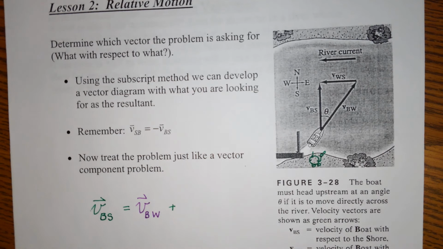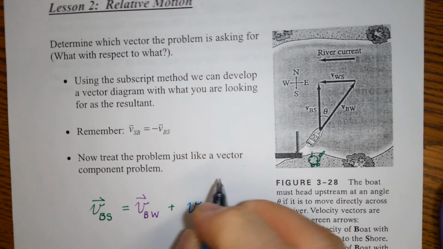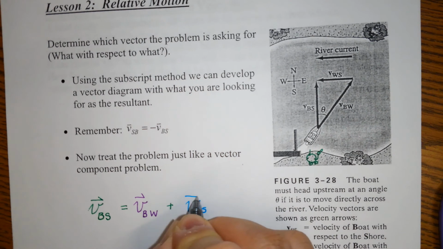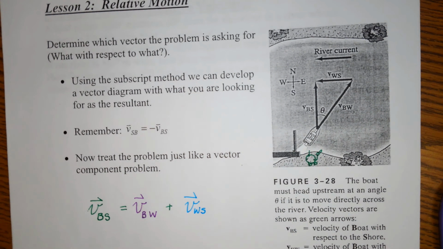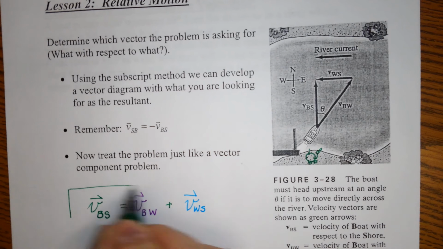Okay? And then velocity of water with respect to shore is the current. Okay, river current. So this is a good way of looking at how they can add